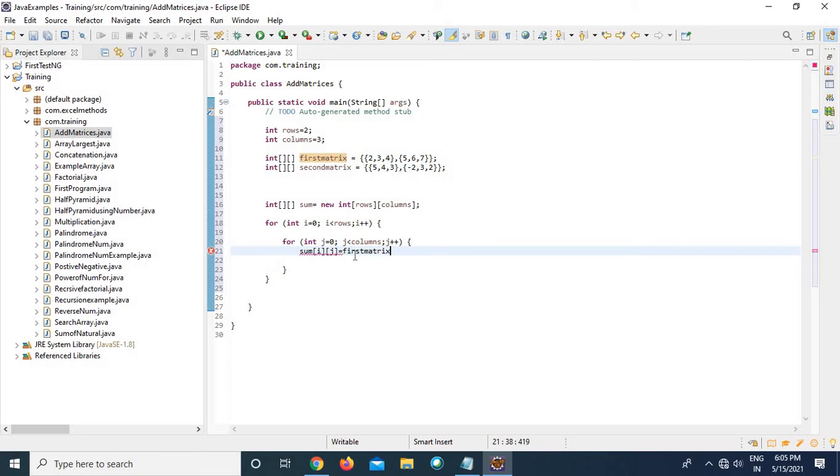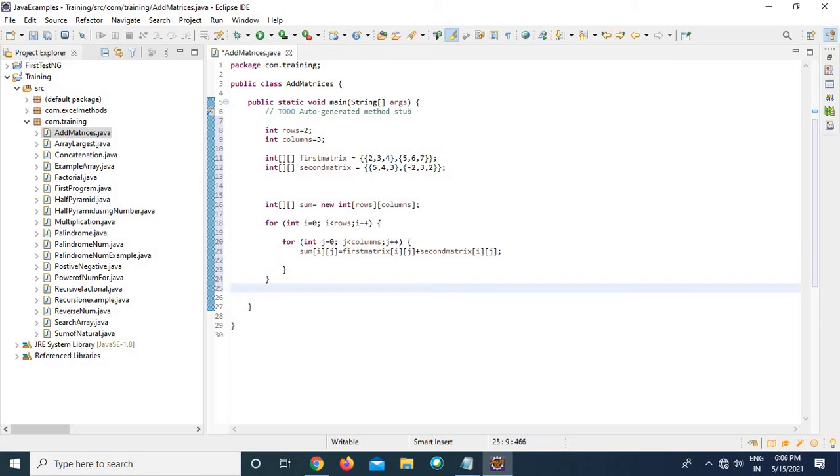You will go here and write i and j, plus the same thing with the second matrix, i and j. Pause it and write this. And once you understand, now we have built the logic to add these values.